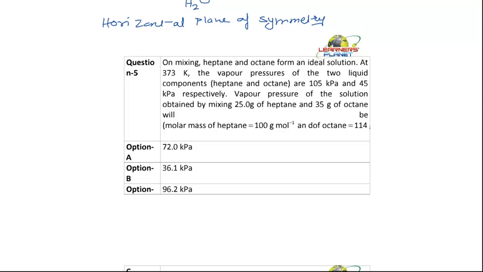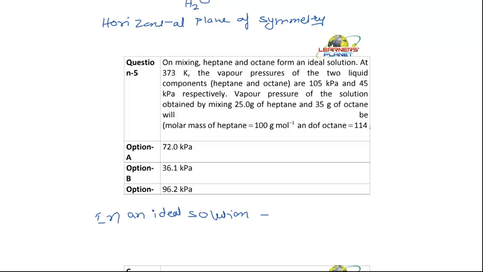Now what Raoult's law suggests, for an ideal solution, or you can say in an ideal solution,